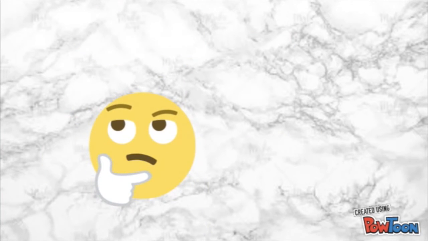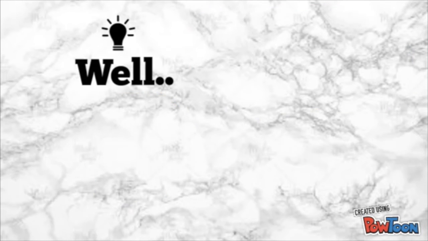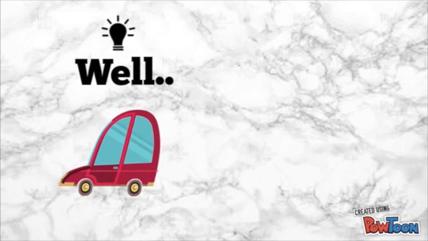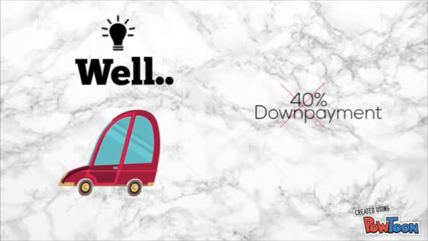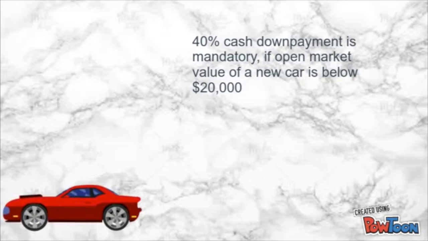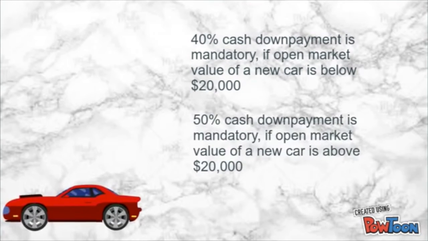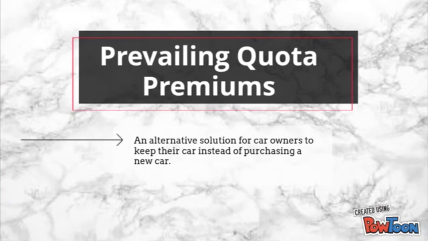So here are some thinking questions. Do you think the different categories will affect car owners' decision of getting PQP? Well, we believe that people who own smaller and cheaper cars such as Category A are most likely to be those who will not be able to come up with the 40% cash down payment for a new car. So under the vehicle financing rule, a 40% cash down payment is mandatory if the open market value of the new car is below $20,000 and 50% if the open market value is above $20,000. PQP will be an alternative way for car owners who do not want to purchase a new car due to